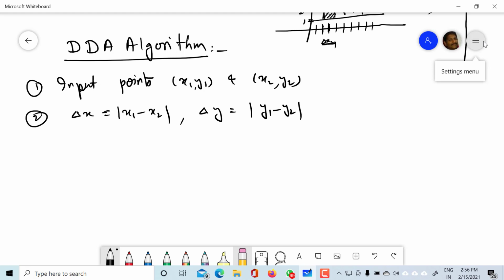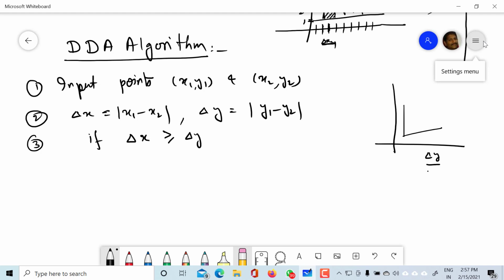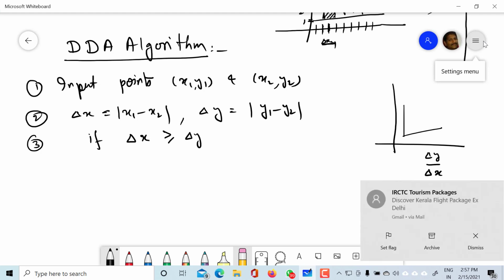Let us identify whether the inclination is toward the x axis or the y axis, because on that decision we have to proceed further. So our next step is: if the value of delta x is larger than or equal to delta y, that means delta y upon delta x will be...